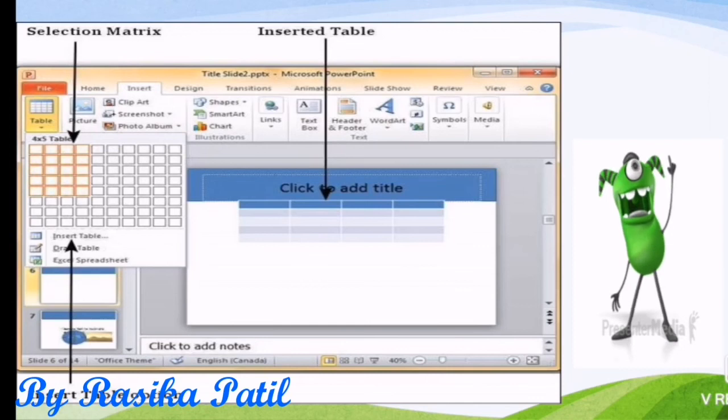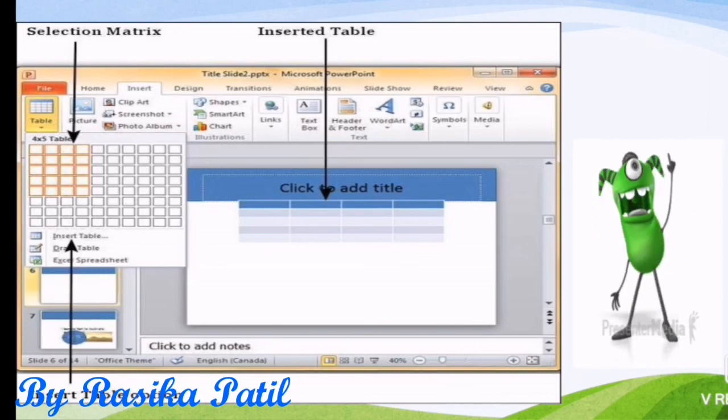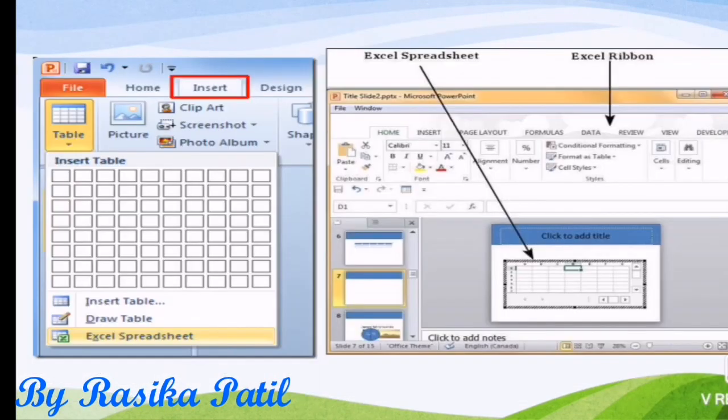The next one, Draw Table. In that, we are going to draw the table as we draw in Paint. Then the last option left is Excel Spreadsheet. In Excel spreadsheet, the spreadsheet is directly visible on our screen, and there we can type in the rows or columns as per our need.